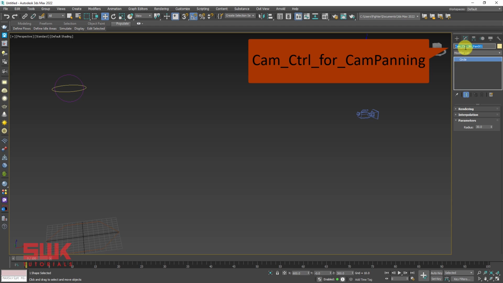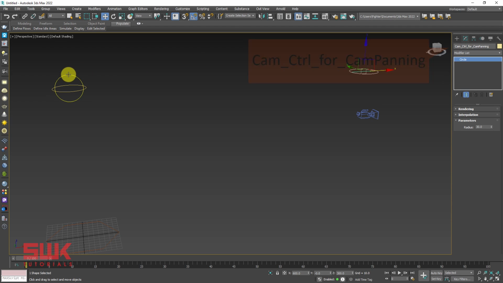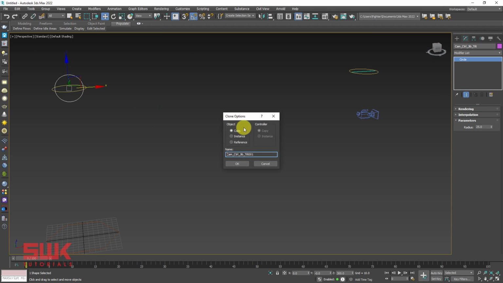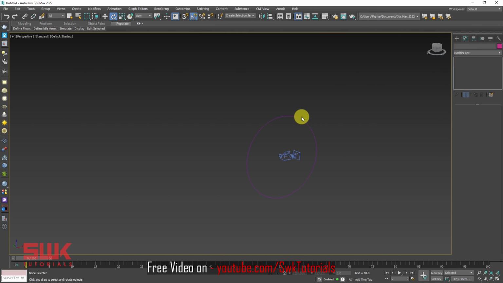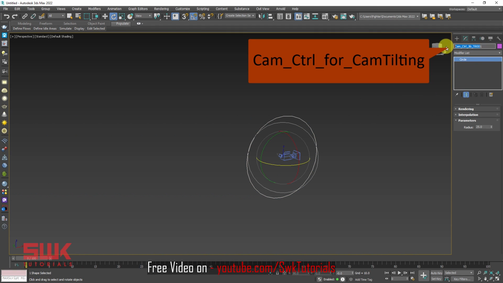Rename it to JIP control for cam panning. Now select the tilt control, create a copy of it and align it to the camera JIP. Rename it to cam control for tilting.